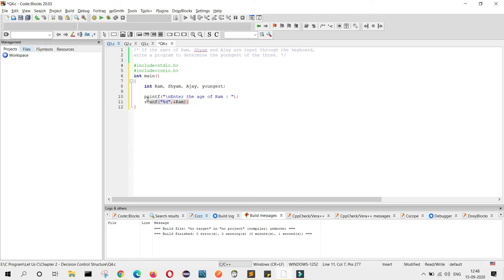Similarly, I will write the ages of the remaining two. Enter the age of Shyam, and here should be Shyam. Enter the age of Ajay, and in the place of Ram I will write Ajay.